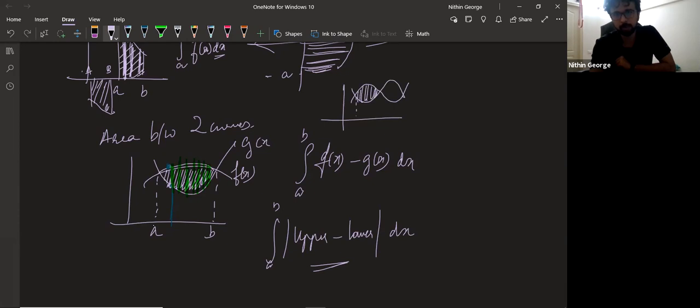You break it down into a couple of parts here, right? You want to find this area. Then you have A, B, and C as the points of intersection. So A to B, you do upper function minus lower function. But then this upper function becomes lower function between B to C. So again, that's why I put the modulus here. So from B to C, you do another calculation for this being the upper function and this being the lower function. Understood?